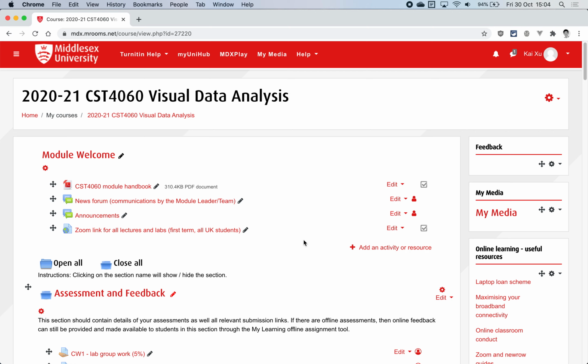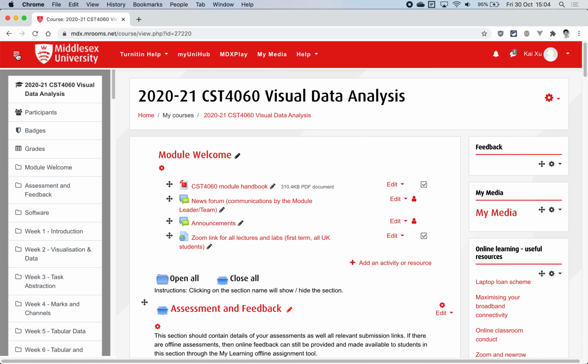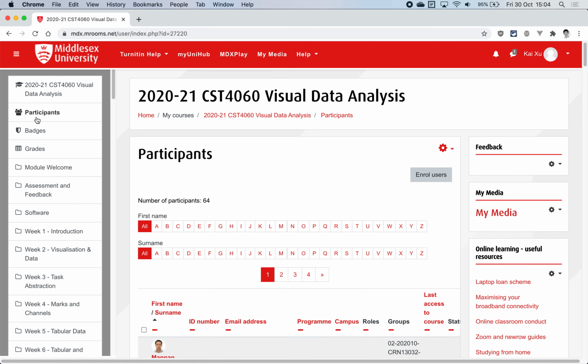This is a quick video to show how to create groups and groupings in Moodle to use them for group coursework or assignment. So the first thing to do, you need to create groups. To access creating groups, you need to expand the left-hand menu, then select participants, and it will show you